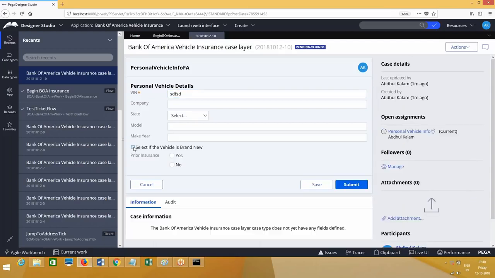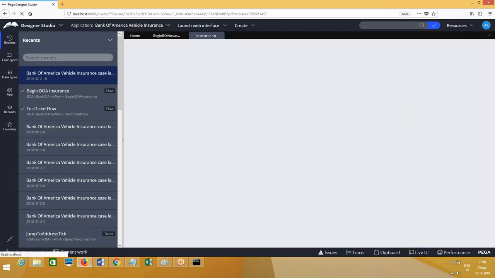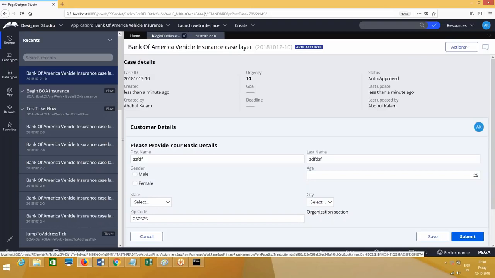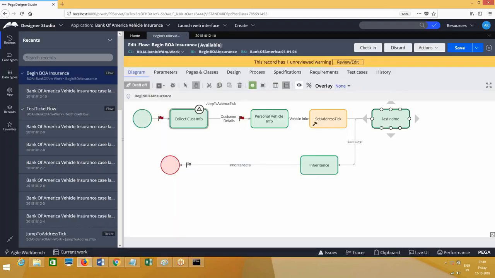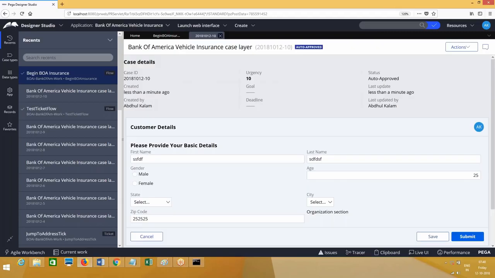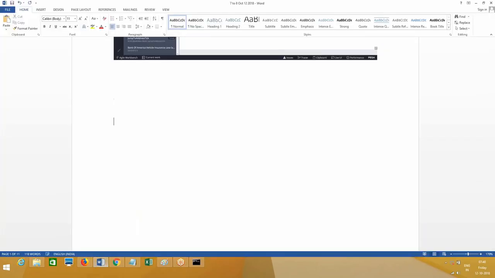It's a brand new vehicle and then submit. What is the next screen in the workflow? The next screen would be last name search. What did we get here? Customer details. So after ticket is set, it will go back. You see the same requirement, not this one.